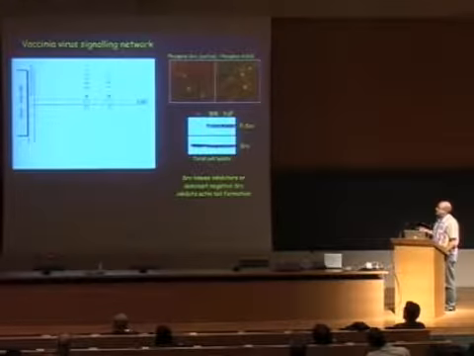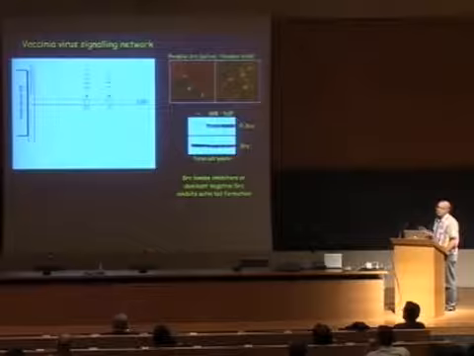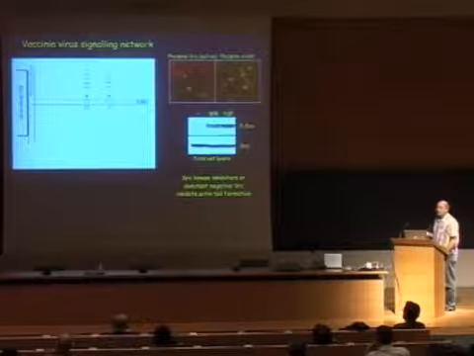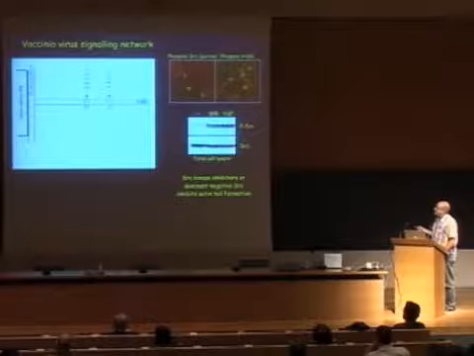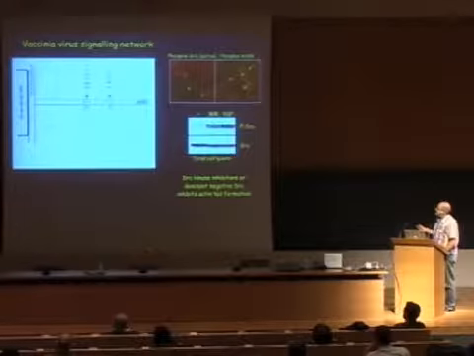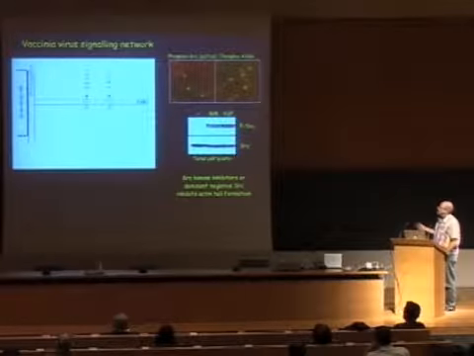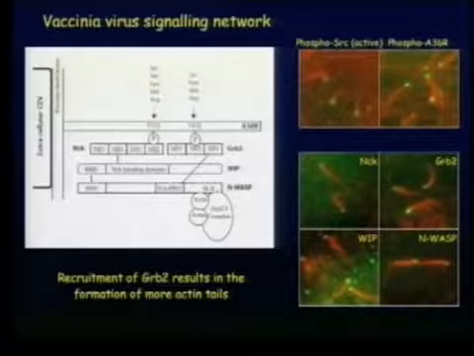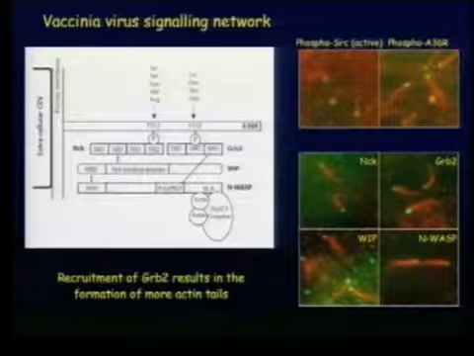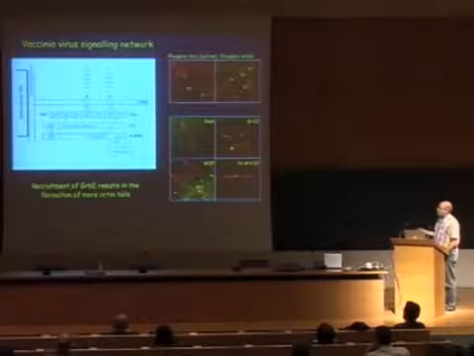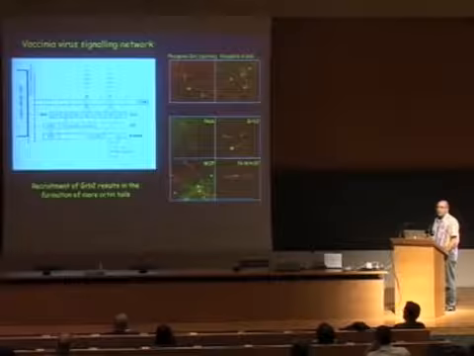But what we know is the virus on the outside is somehow able to locally activate Src and Abl family kinases. The way in which it does it, we have absolutely no idea. These kinases then phosphorylate 2 tyrosine residues, and this is just showing you the phospho blot. So if you remove the 2 tyrosines, you still see activation of Src. We see Src associated with tails. And when these 2 tyrosines are phosphorylated, the virus recruits a downstream signaling complex that consists of Nck and Grb2 adapters, which link into WIP, WASP interacting protein, N-WASP, and N-WASP now locally activates Arp2/3 complex to stimulate